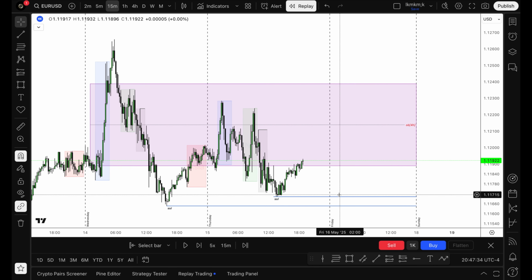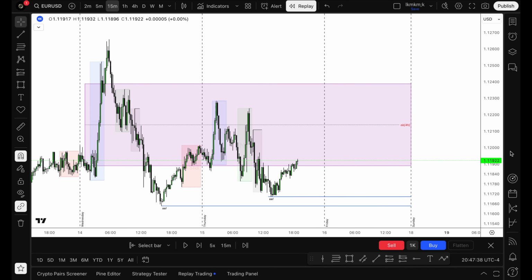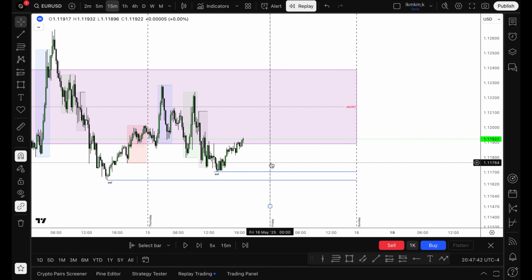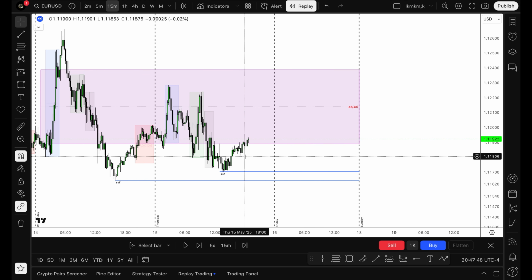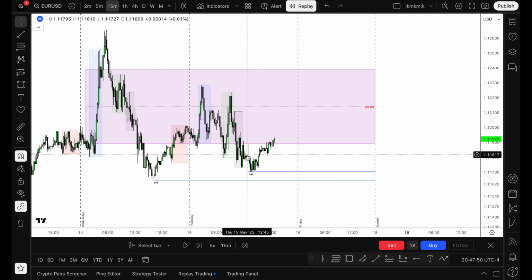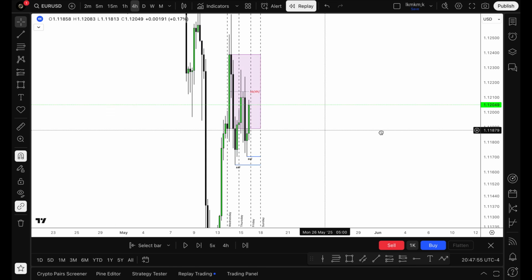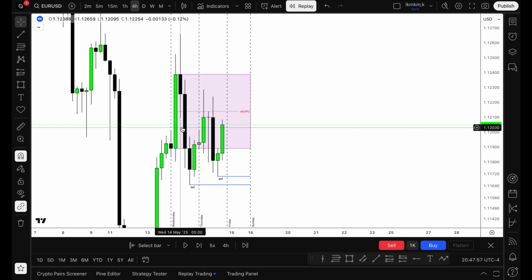Now, moving on to the examples for the session liquidities. We're going to look to trade Friday's daily range, and with where price is at now, if we go on a 4-hour time frame, price is currently trading within